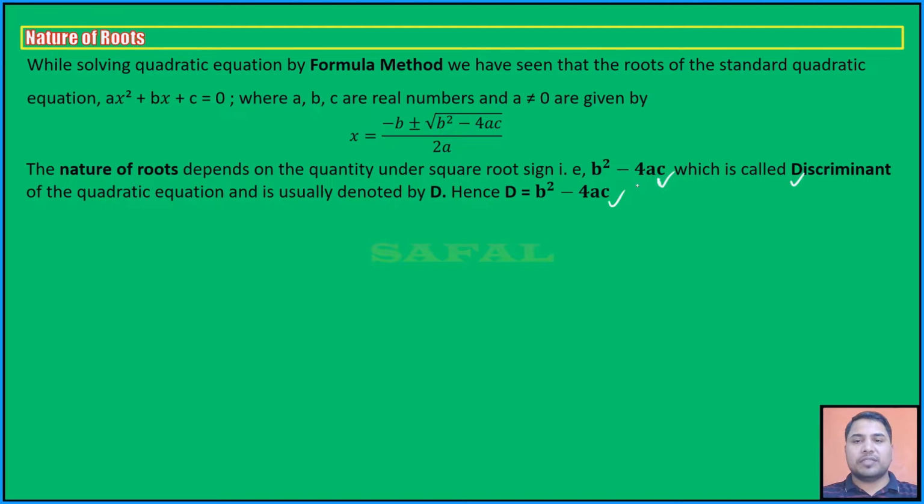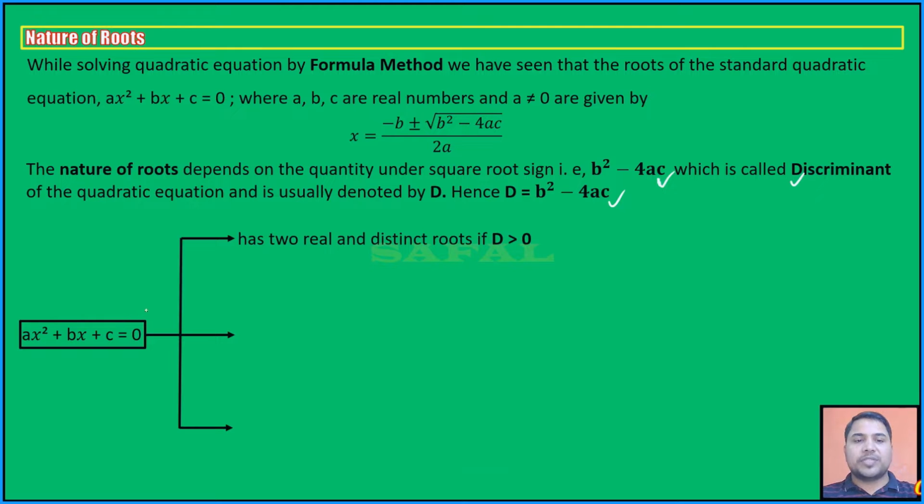B square minus 4ac. Now based upon the value of D, we are going to comment whether roots are real or not real, and if real, are they equal or unequal? So let's see what all cases we have. If I am taking the standard quadratic equation ax square plus bx plus c equals 0, we have three possible cases. Case 1,